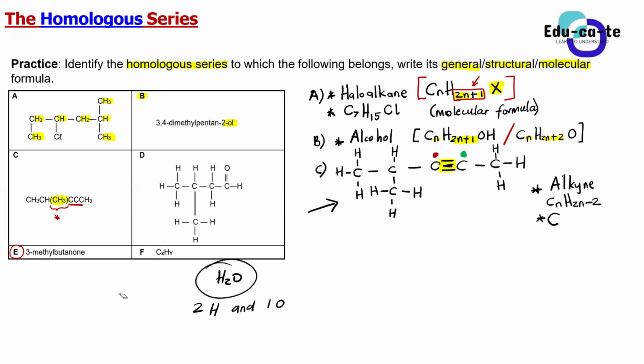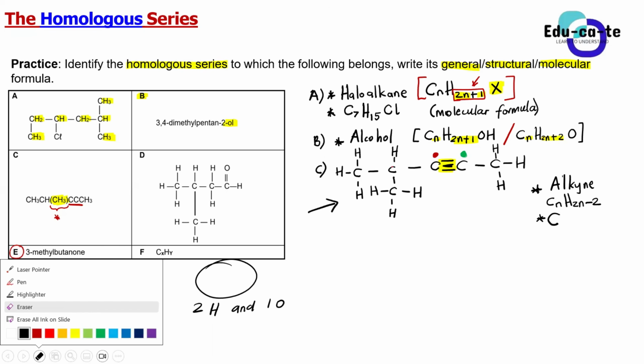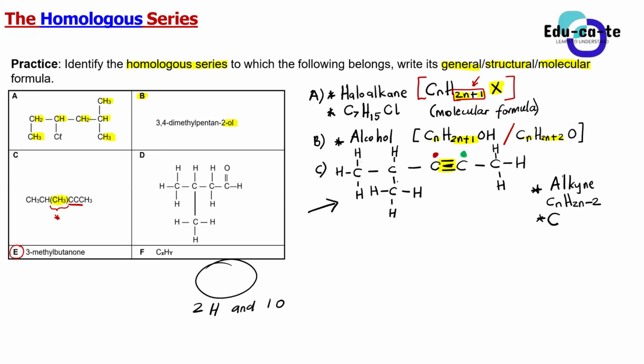We have got 6 carbons, guys. You count them one by one: 1, 2, 3, 4, 5, 6. You count them, guys. That is the molecular formula. That's the definition of the molecular formula, so you need to count each and every one. We have got 6 carbons. That's what you write on the carbon part.